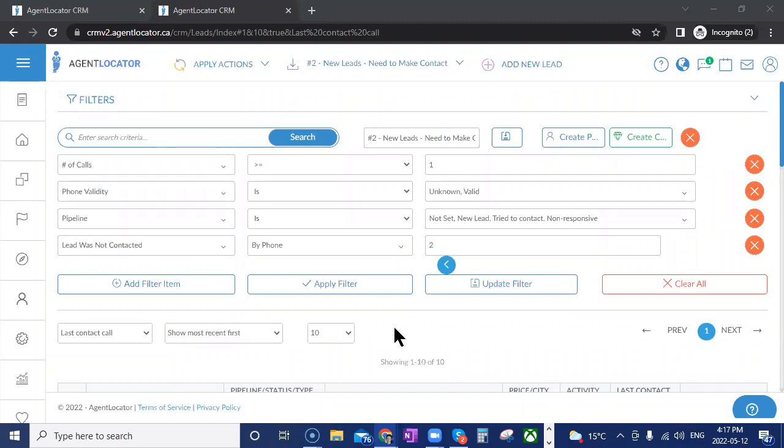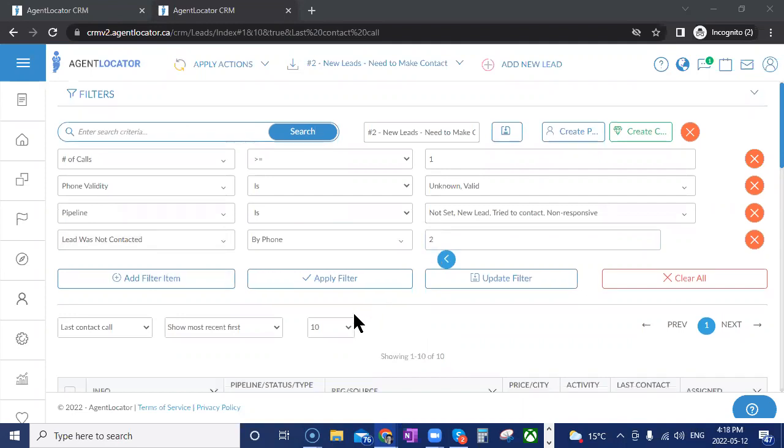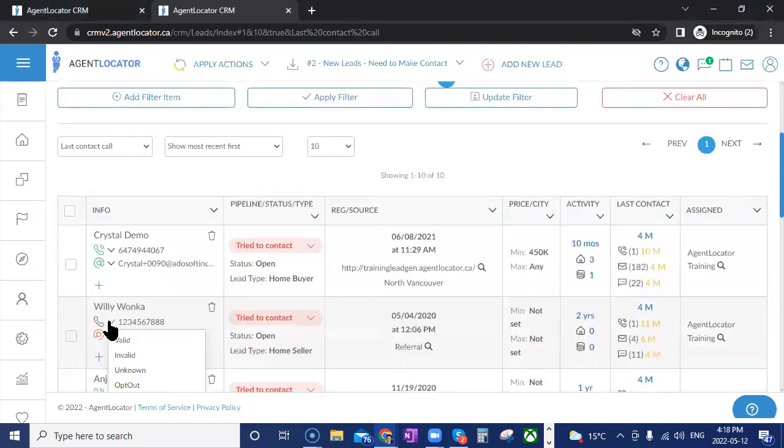But the main thing is just going in here and logging your calls daily and moving them progressively along, right? Marking the numbers that are invalid. So like this one here is invalid. What I would do in a case like this, where you've got 2 invalid numbers, is move them to, okay,